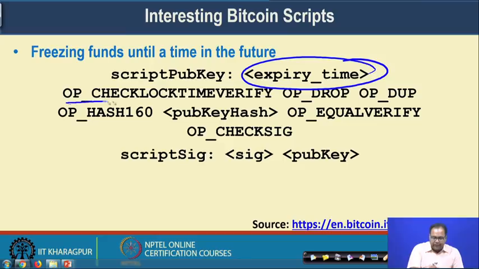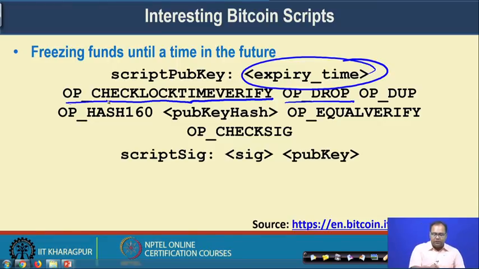This OP_CHECKLOCKTIMEVERIFY operator checks whether the current time is more than the expiry time or not. If the current time is less than the expiry time, then it will return OP_DROP. That means it will return a false, and that particular Bitcoin will not become usable.